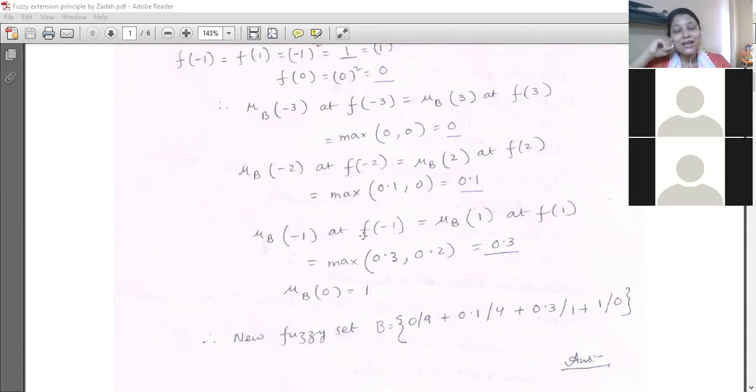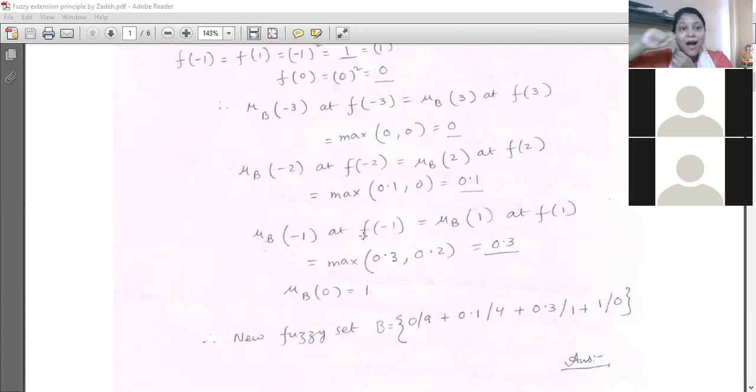Suppose 0.7 at x equal to 7. So you can again mark, if you can follow my hand now, Akash, you can move further along the x-axis, that x equal to 2. Suppose I am getting the membership value of 0.2, right? This is one point. Again, if you move further, at x equal to 4, you are getting the membership value of 0.4. X equal to 6, suppose 0.6.